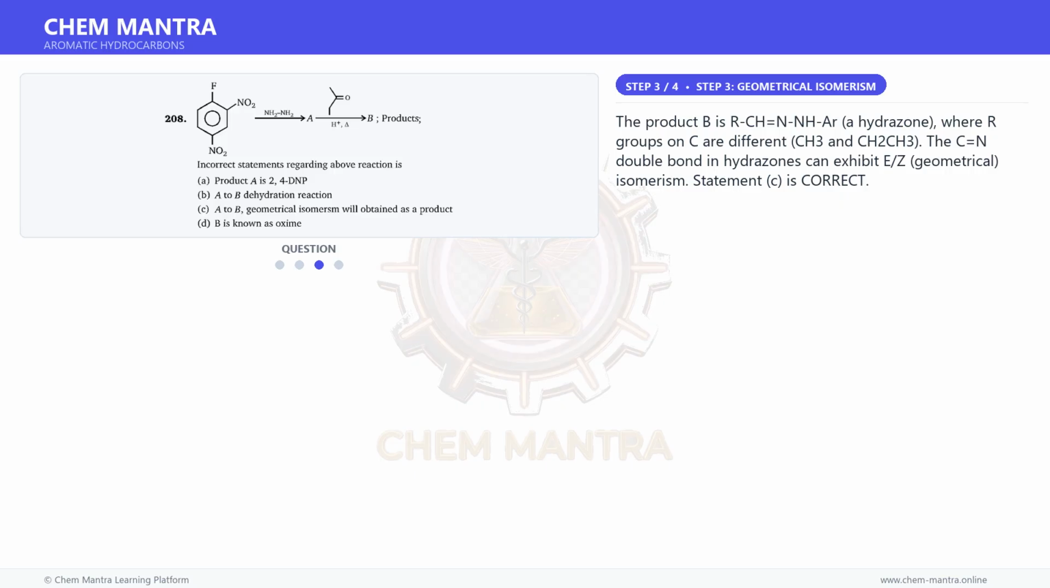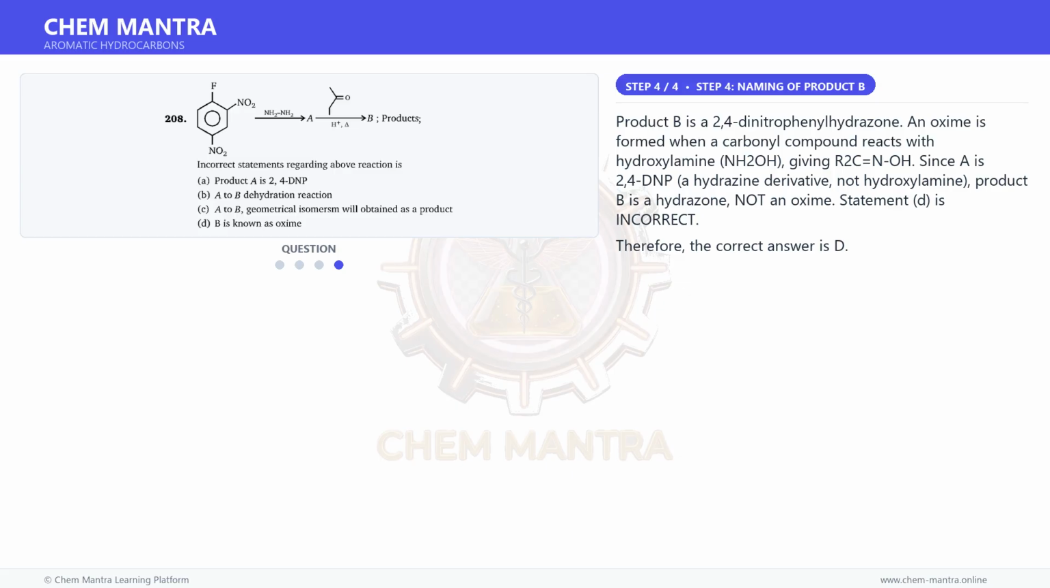The product B is a hydrazone, RCH=NNHAr, where the R groups on the carbon are different, CH3 and CH2CH3. The C=N double bond in hydrazones can exhibit E/Z geometrical isomerism. Statement C is correct. And for the final step, product B is a